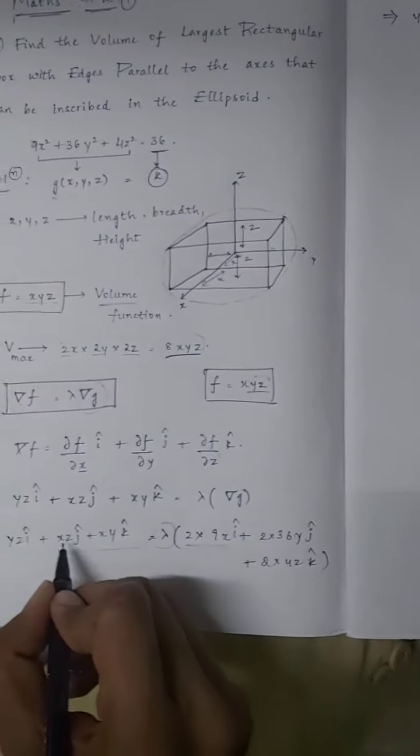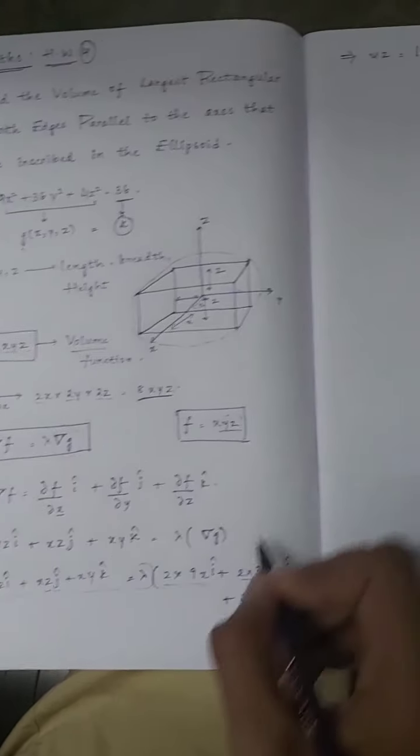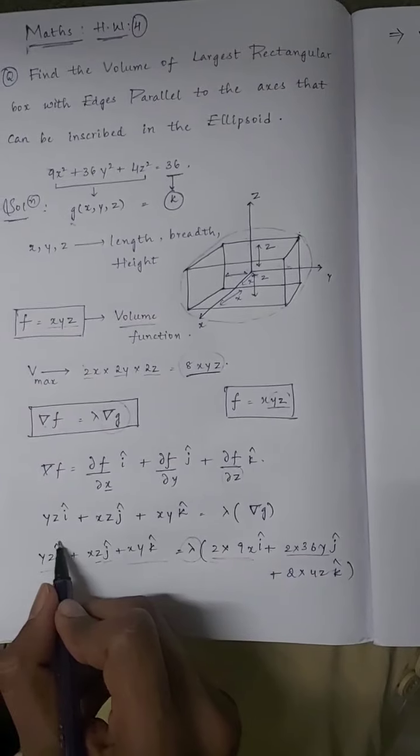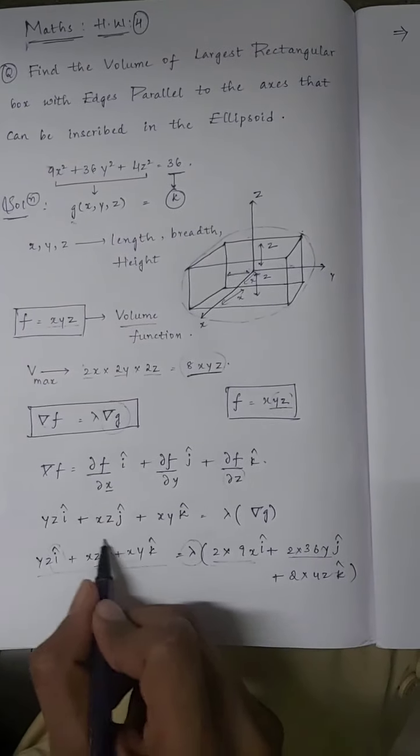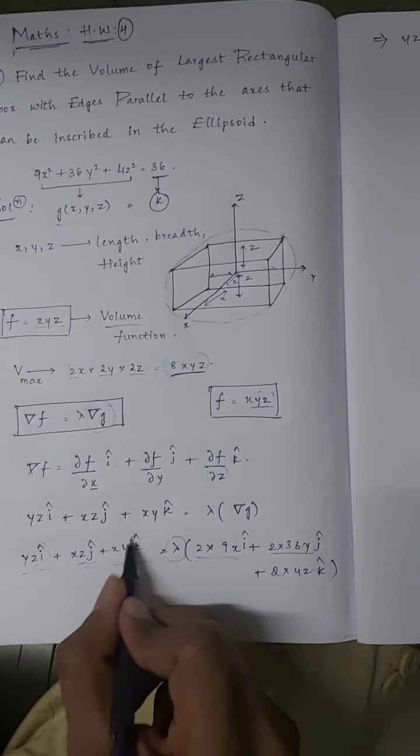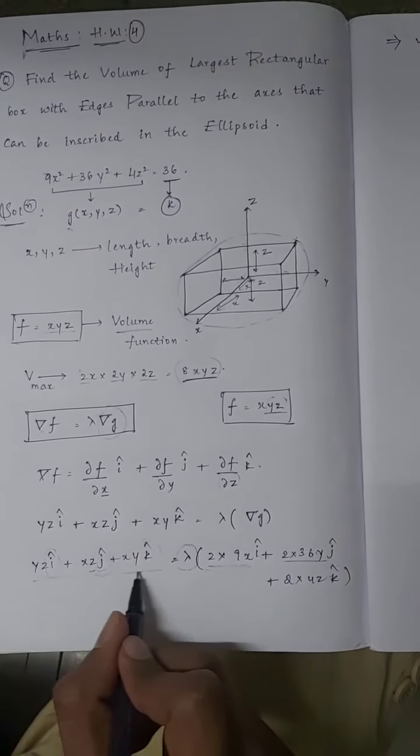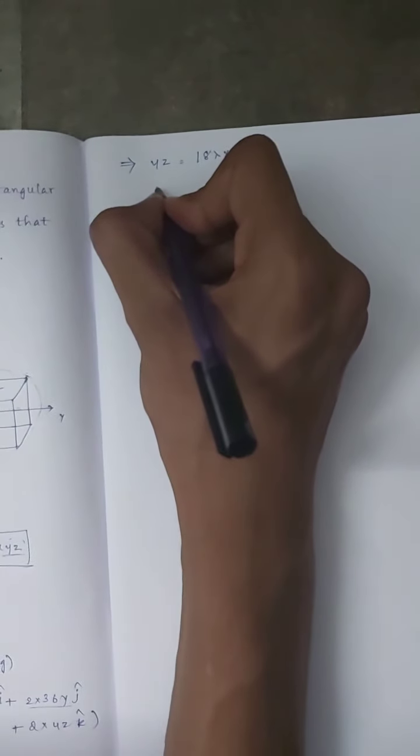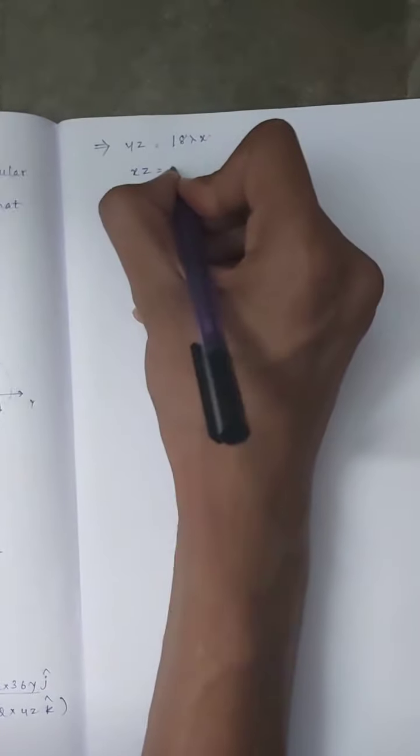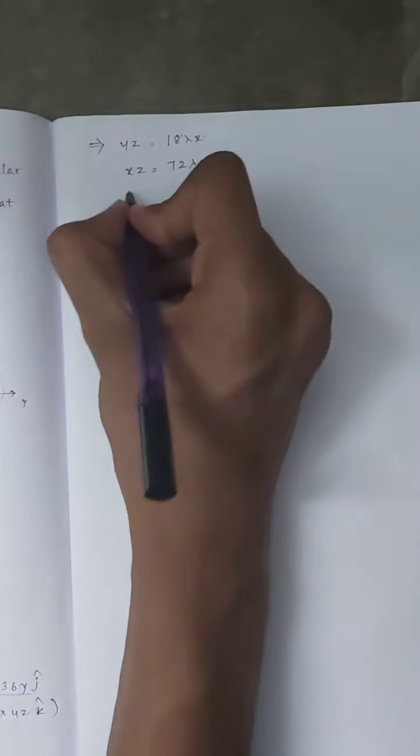Similarly, xz is equal to 2 times 36y j cap. We are comparing with respect to the unit vectors, as on the LHS and RHS we have the same unit vectors. We are comparing the respective coefficients of the unit vectors. So similarly, xz is equal to 72 lambda y, and